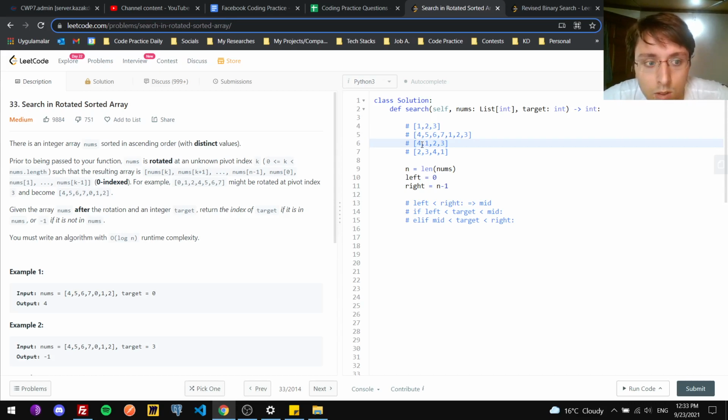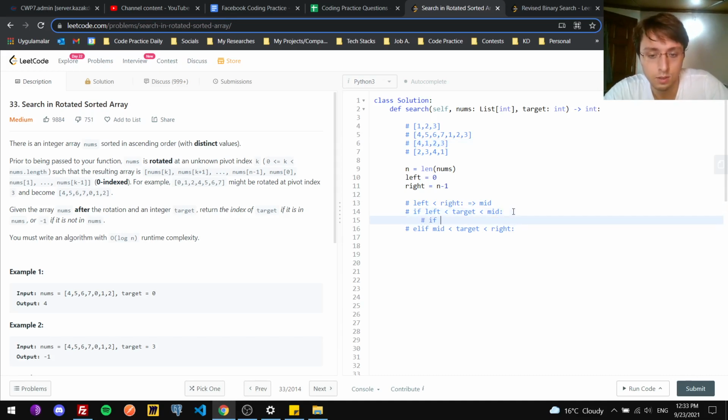We also have to check if we are looking between this, I'll check if the target value